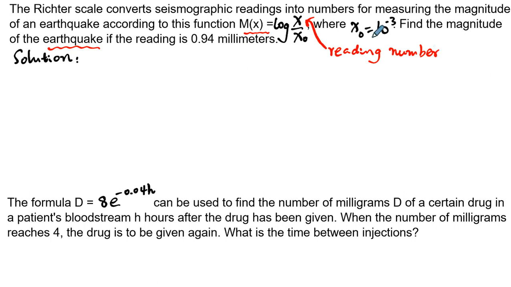And here x sub 0 is given, which is 10 to the negative 3. We want to find out the magnitude of the earthquake if the reading is